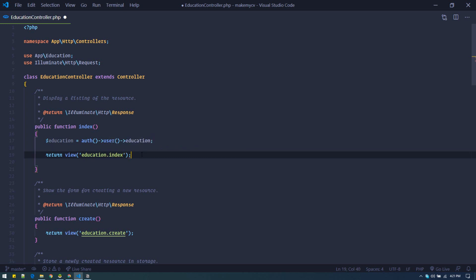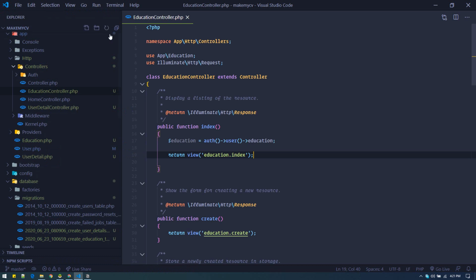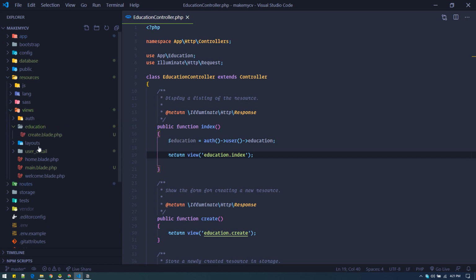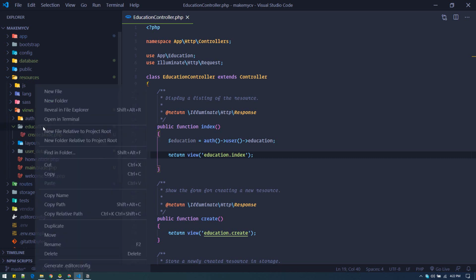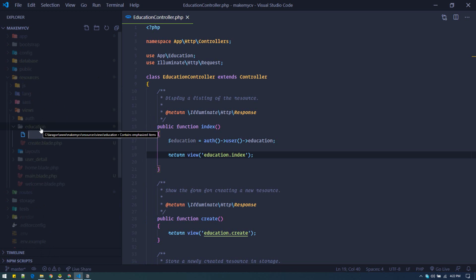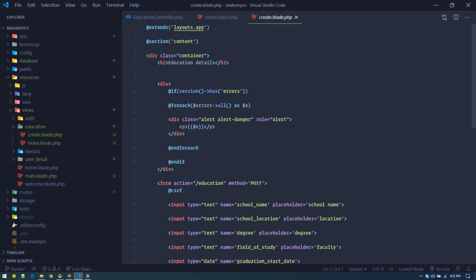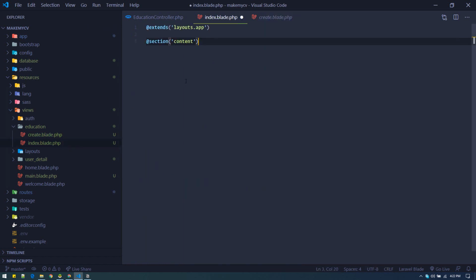This we need to create now. So that is inside resources, views, education. We have only one. We need to create another new file called index.blade.php. Alright, so I'll copy some stuff from here. The extend part will be the same in index as well, so I'll paste that. So end section, and inside here I will put h2 education summary,